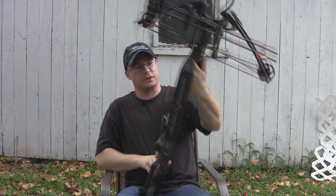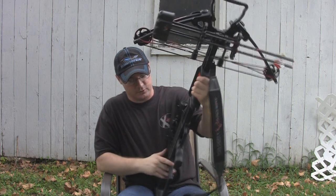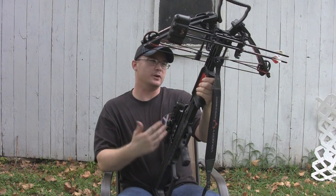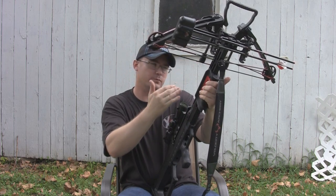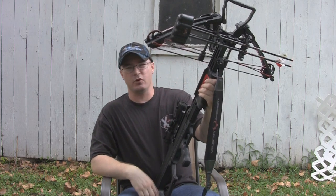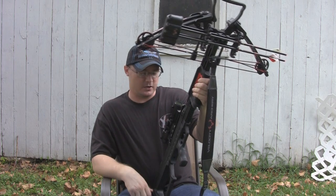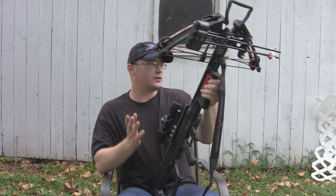I really like the forestock on it as well too. Just looks cool. Got a little bit of red rubber in there and looks really nice. So 35 inches, it is a little bit longer crossbow, but being able to get that forestock out for me allowed me to get my hand a little bit more out up there, and really allows me to hold it a lot steadier. 23.5 inches is your total width,